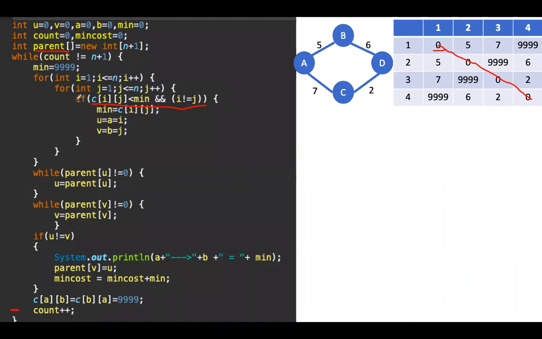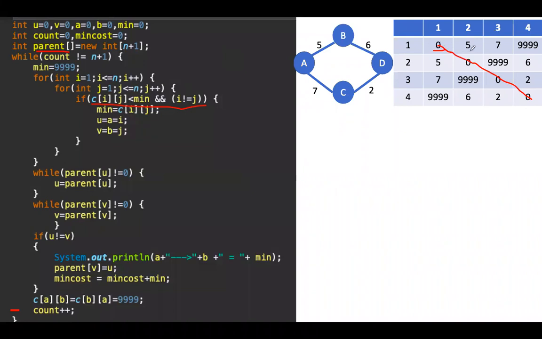Is it clear? In the first row, for the first element, we will not enter the if condition because I and j are equal. That is, for 1 comma 1 we will not go in, 2 comma 2 we will not, 3 comma 3 or 4 comma 4. These values are immediately rejected in this if condition itself. Those values, 0, indicate a loop, so we are not considering loops. Those things are discarded here. So this element is not selected.